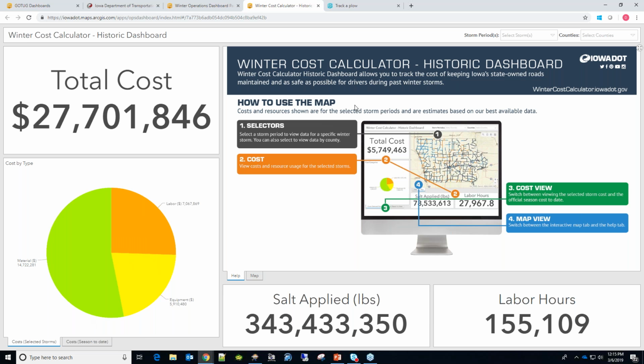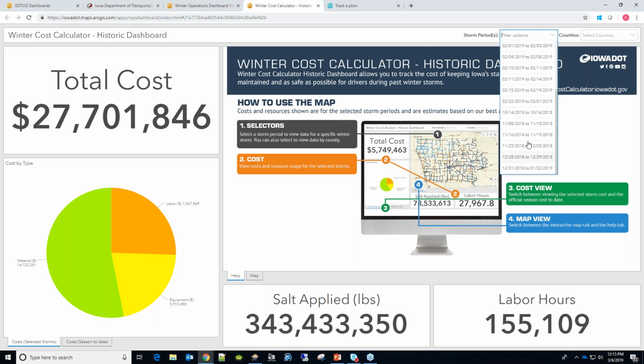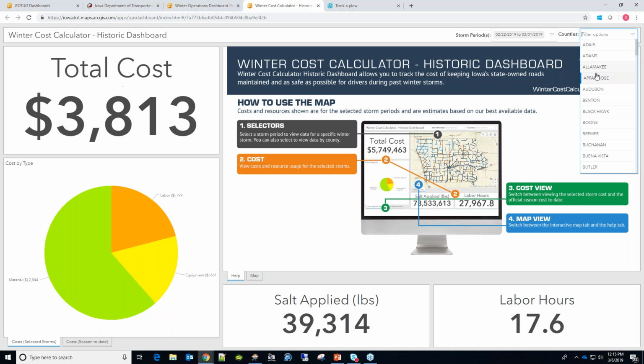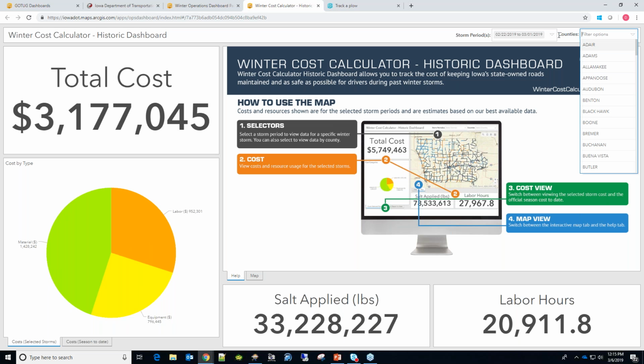This one we threw together so you can select your own storm. So the storm period from the 22nd of February through up to the 1st of February cost $3.1 million around there. And you can also filter it down by counties as well.